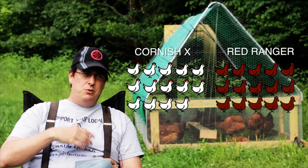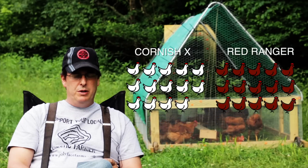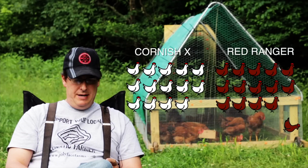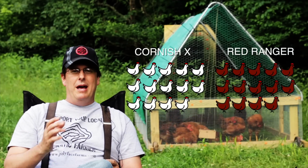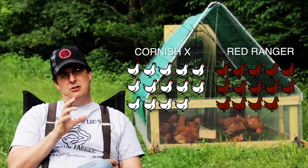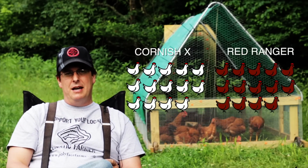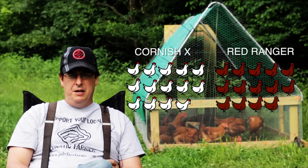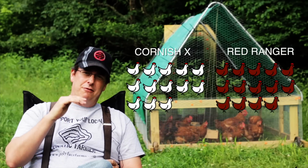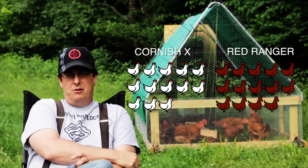And so as we got them in the brooder and started getting them going, they were doing well throughout the several weeks. And we actually had a little bit more loss. We had one of the Red Rangers die on us. And then at one point, I think it was about the second week, we had one Cornish Cross develop a neck issue. In fact, it was almost like he was trying to look under something. He'd walk around with that neck issue. So we culled him because he wasn't going to recover from that. So that had us down from 15 Cornish Cross and 15 Freedom Rangers down to 13 Cornish Cross and 14